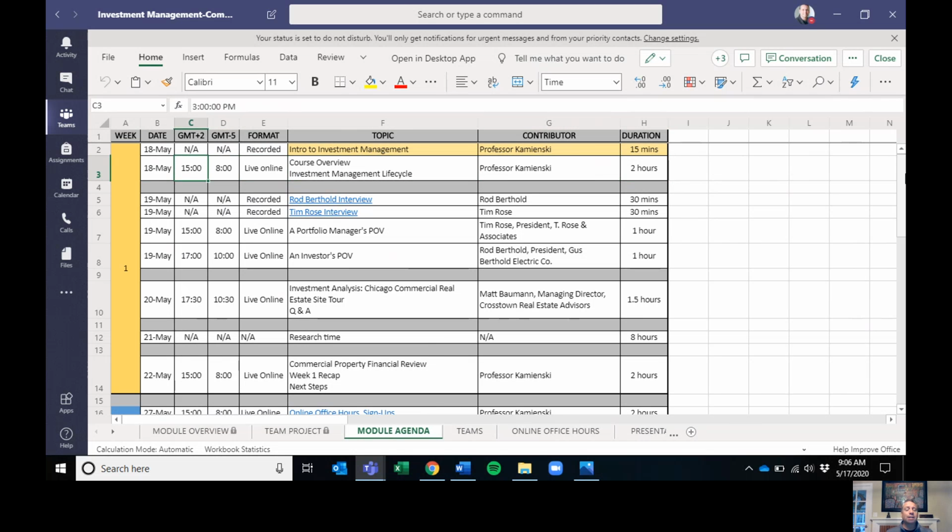I noticed in the WhatsApp chat that many of you are concerned about timing. In this spreadsheet, this is what the internet suggested to me, that your time zone is GMT +2, whereas I am GMT -5, meaning we are 7 hours apart from one another. So at 3 o'clock your time on Monday, tomorrow, and at 8 o'clock my time, AM, Monday, tomorrow, we will have our first session. I will send out for this first session, just as I have for these down below, an invite so that you will hopefully have no further confusion relative to timing.